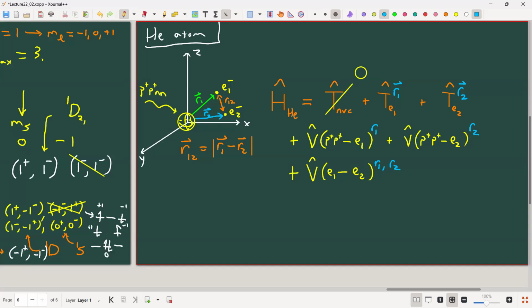Notice, this is important, that this is a repulsive term. And what it does is it causes my Hamiltonian to be dependent on both coordinates in a dependent way. If I turn that term off, I have two kinetic energies and two potential energies that are completely separate from each other. I've got two terms for one electron, two terms for the other electron. It's almost as if they aren't even interacting with each other. So if I turn that off,